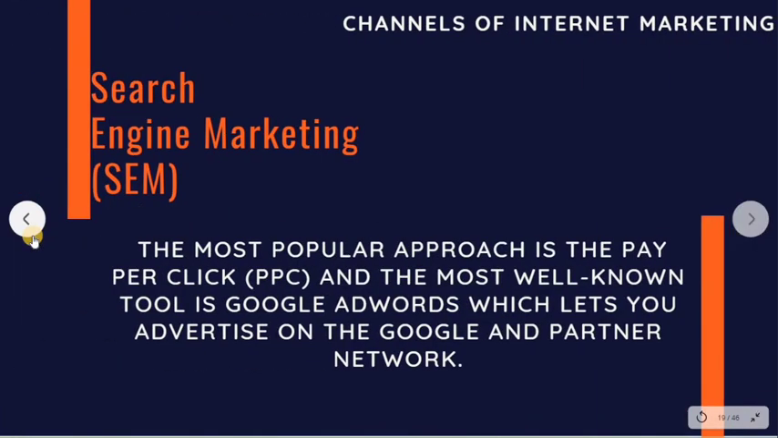So the most popular approach is pay per click, and the most well known tool is Google AdWords, which lets you advertise on Google and its partner network. What Google AdWords does is give you the right to place your ads with Google. Google puts it on the Google page and then on other websites that have an AdSense link, and then pays people for